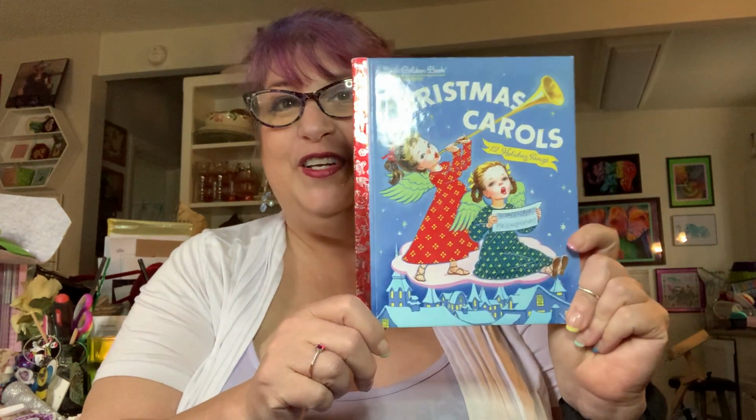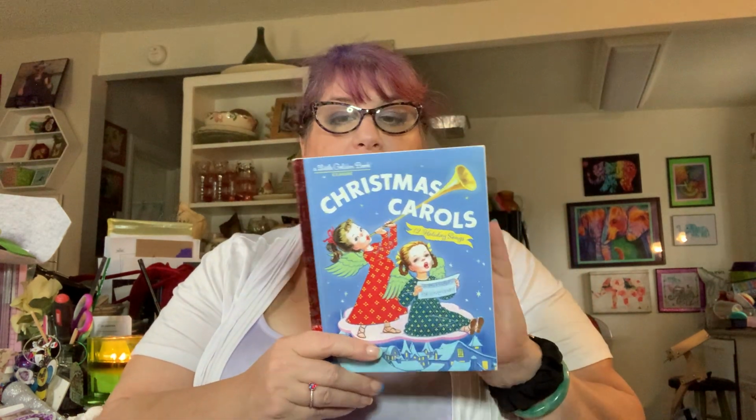So, like Christmas carols. And some of them are newer. Like this one is really nice. Let's see, it says this is originally copyright 1946, renewed 1973. But this book looks new. So I don't know if this is actually from the 70s or if it's a new printing. But anyway, there's a bunch of Christmas and Christian books